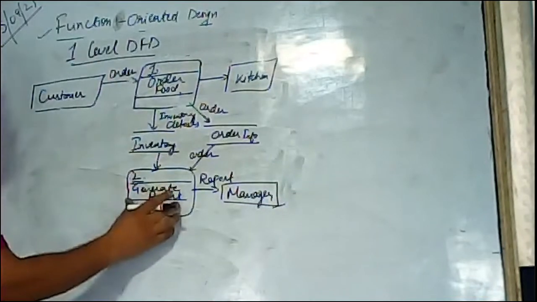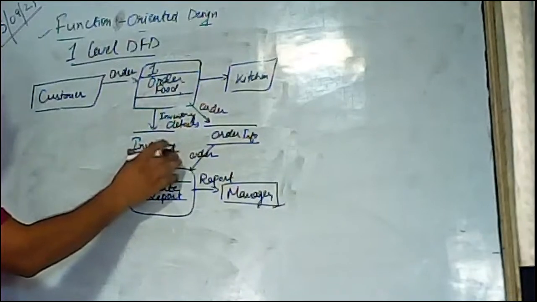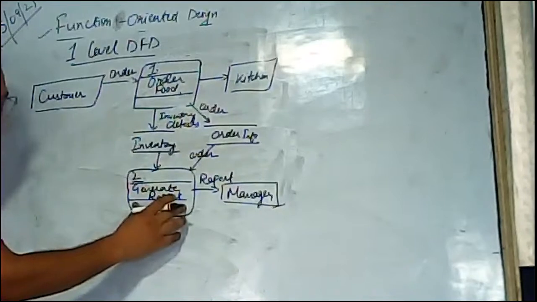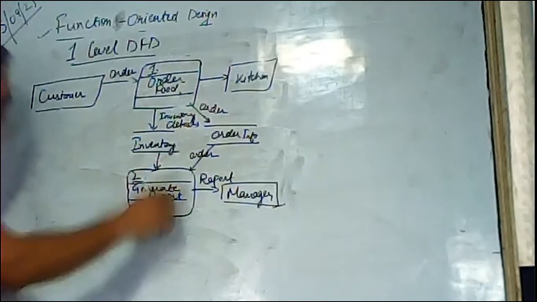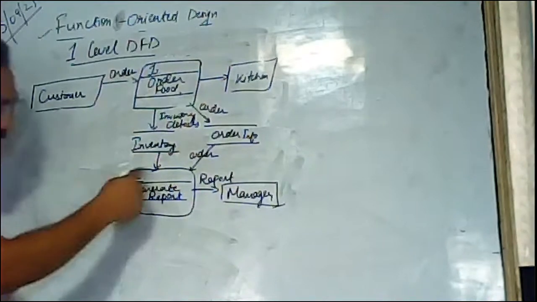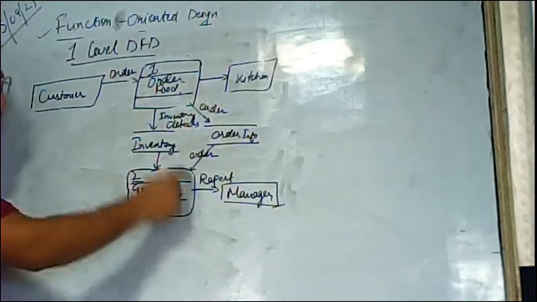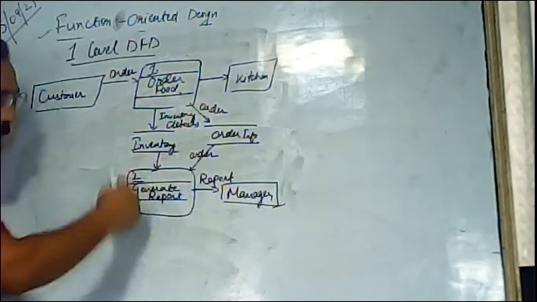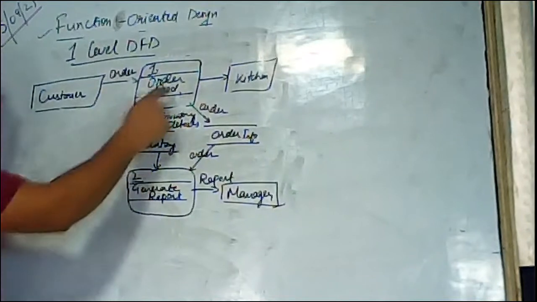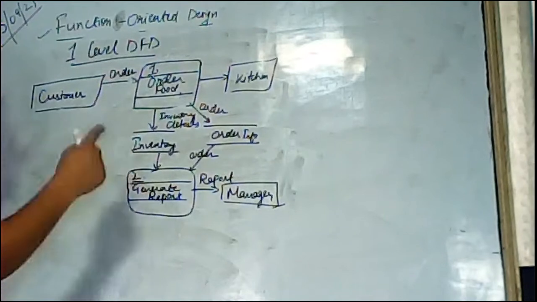Your report is generated from your database. Inventory is your database, and from this inventory a report is generated, and this is the process. This is the function that is executed. In your project, in your coding, this is your method, but we will represent it with the symbol used here, the rectangle. This is the actual process. Order food is also a process, or a function in your coding.